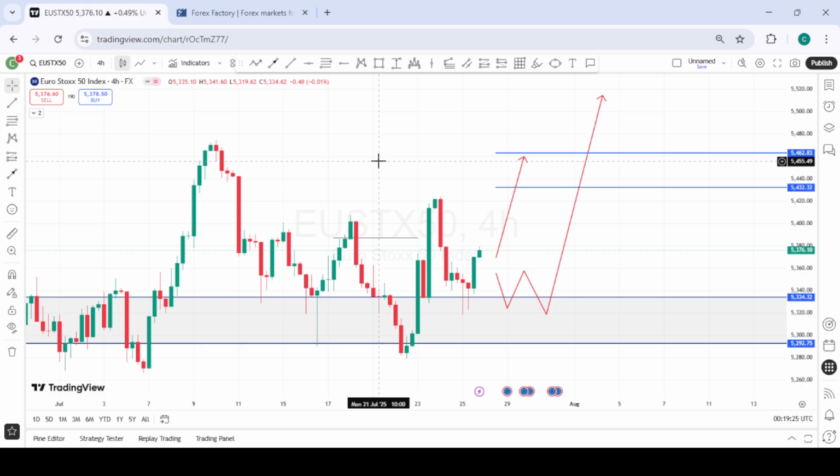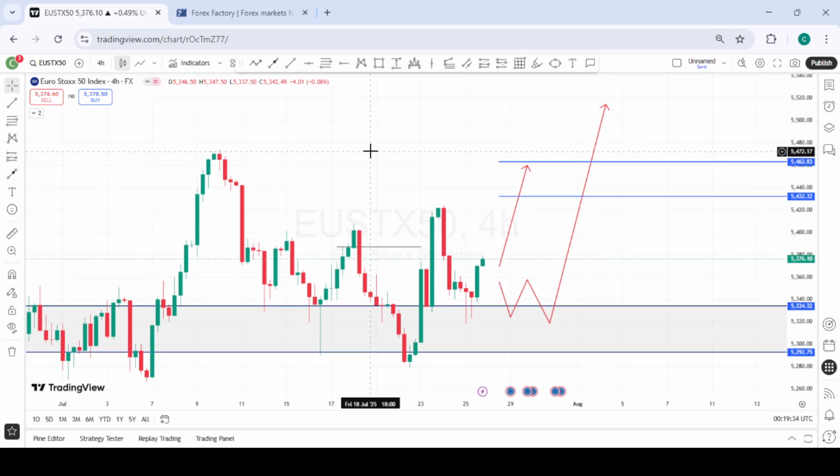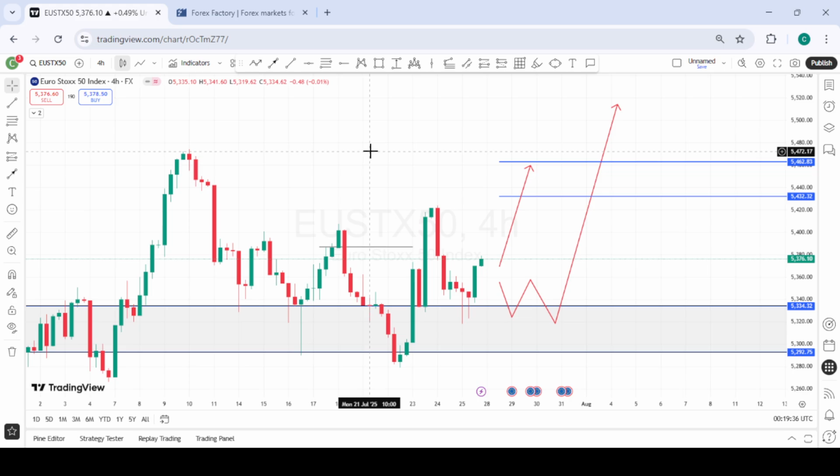It's somehow positively correlated with German 30. So we can have a look at this setup for the coming week. It looks good for the buy. So if we're able to get the opportunity, or let's say a small higher low, and we get a confirmation, we can just take the longs to the upside and then keep holding to maybe this